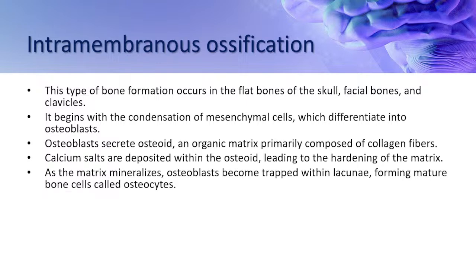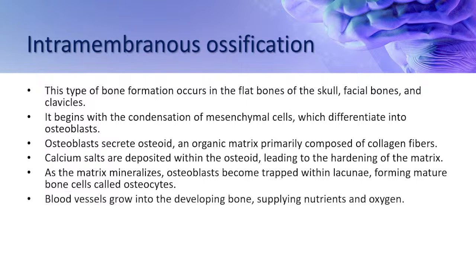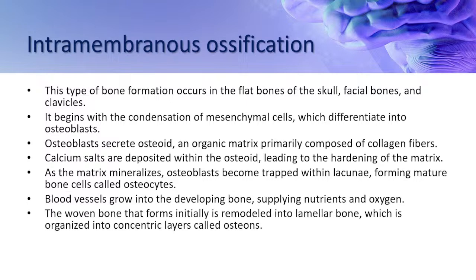As the matrix mineralizes, osteoblasts become trapped within the lacunae, forming a mature bone cell called an osteocyte. Blood vessels grow in the developing bone, supplying nutrients and oxygen. The woven bone that forms initially is remodeled into lamellar bone, which is organized into concentric layers called